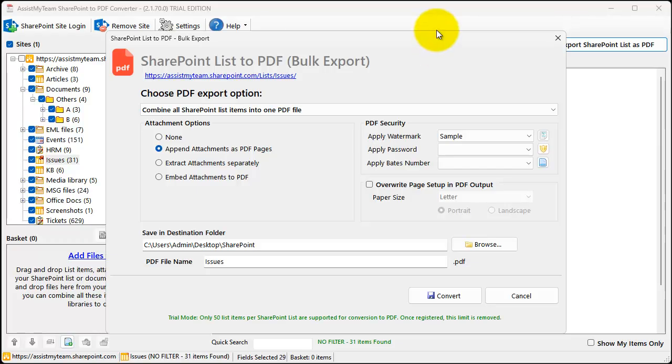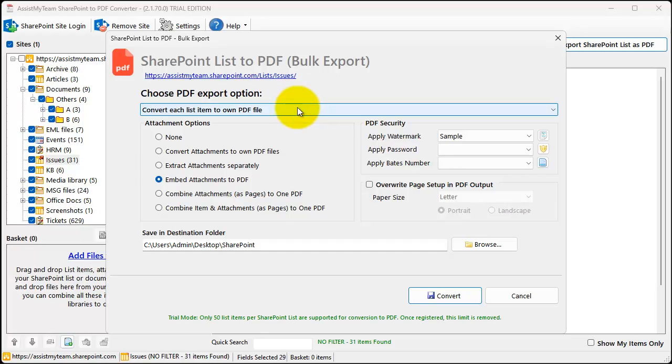Here, you have multiple options for PDF conversions of the list items and their attachments. In Option 1, we convert each SharePoint list item to its own PDF file. By default, each list item in the selected SharePoint list will be converted to its own PDF file without its attachments. If you want the attachments to be part of the exported PDF file, you can choose one of the following options. Convert each attachment to its own PDF file, or extract each attachment to disk in its original format